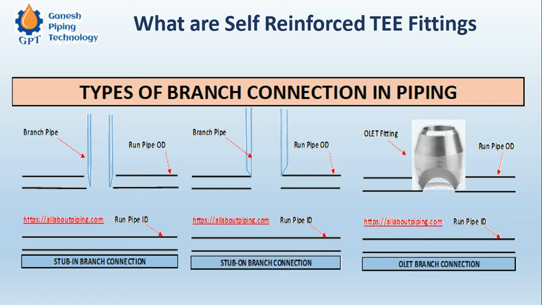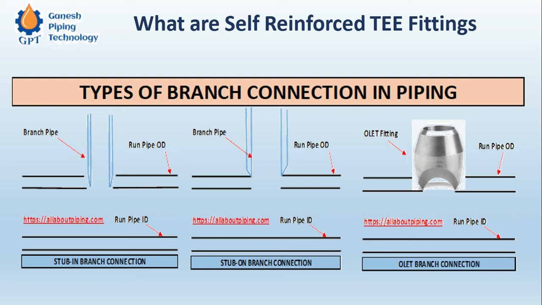stub joints in a project. So for every joint, you have to do the reinforcement pad calculation, which is basically a yes or no calculation. If the calculation says yes, the material that has been removed from the header is considerable and there can be a failure, then you have to introduce the reinforcement pad. That is basically a plate which is welded with the header and the branch together, and that compensates for the material removed. So that yes and no calculation has to be made for all the joints in the given project,